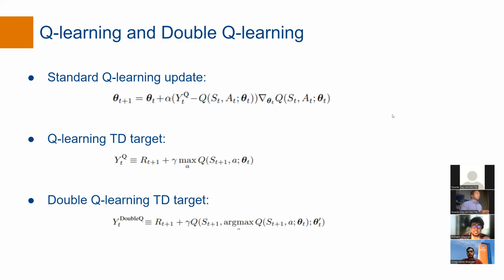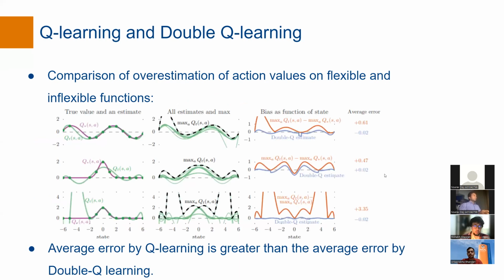So the most interesting problems in reinforcement learning are too large to learn all the action values in all states separately. So in Q learning, we learn a parameterized value function to estimate the action values. Q learning is a form of temporal difference learning. And the interesting thing here is to notice the difference between the TD target of Q learning and double Q learning. While Q learning uses only a single value function to select the greedy policy and evaluate the action values, double Q learning uses separate value functions for the two tasks. Next slide.